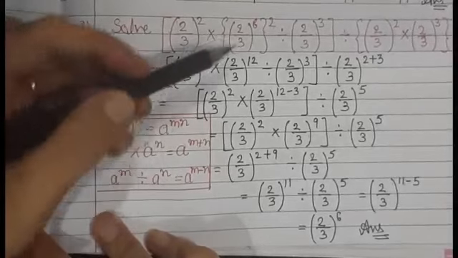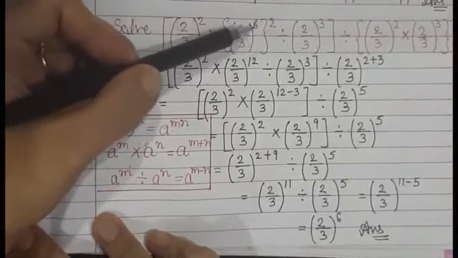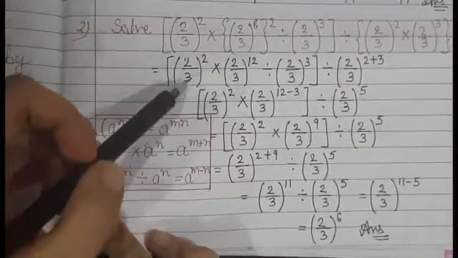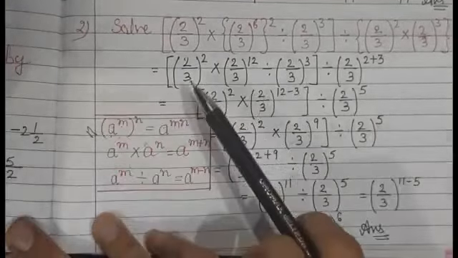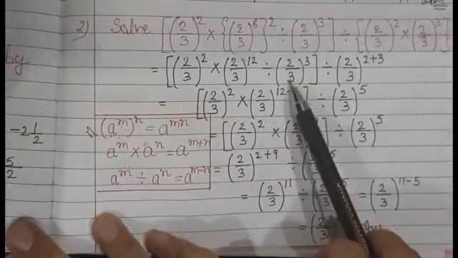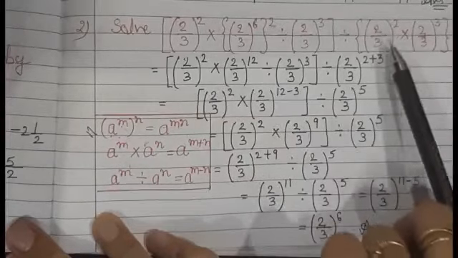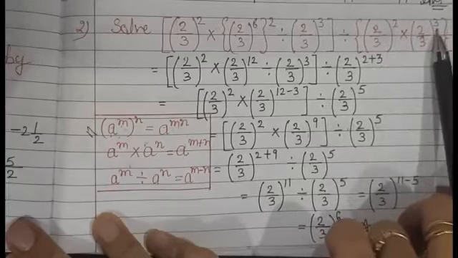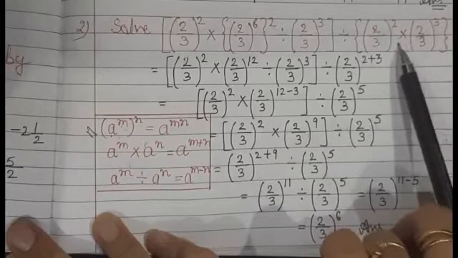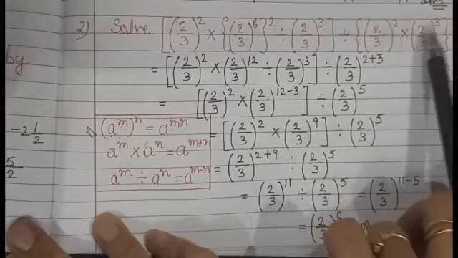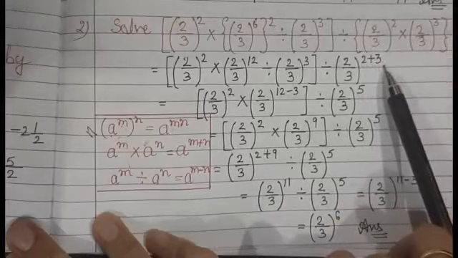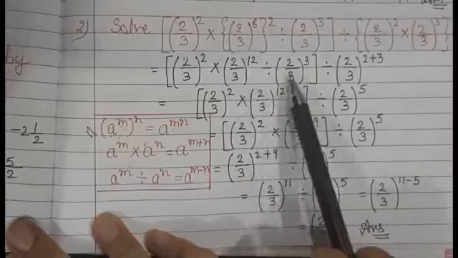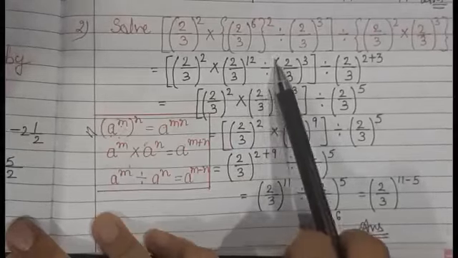So according to this law, (2 by 3) to the power 6 whole power 2 we can write as 6 2s are 12, (2 by 3) to the power 12. Remaining all the parts remain same, right? Divided by (2 by 3) to the power 2 into (2 by 3) to the power 3. So here multiplication sign is there and bases are same, so powers to be added, 2 plus 3. Right? Here we are applying BODMAS. So according to BODMAS, now we have to divide. So for division